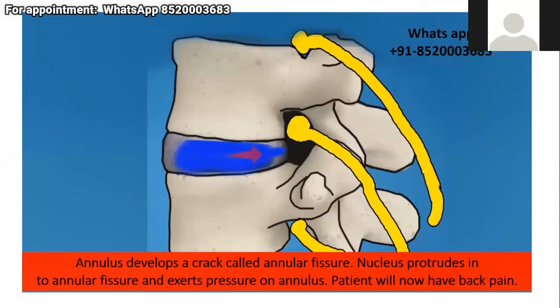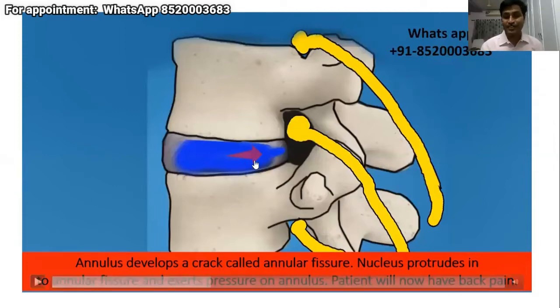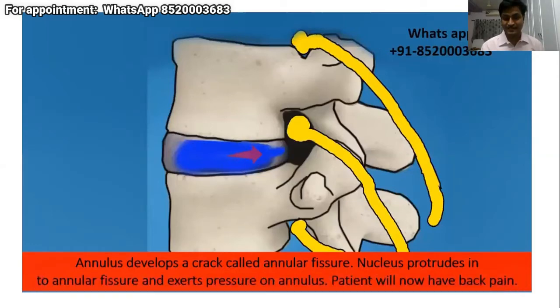Yes, sir. The pain will be more on sitting and on bending activities. So what is this stage called? This is the stage of annular fissure. Can you see this one? There is a tear in the annulus and the nucleus pulposus is trying to go back. Now Ashwini, can you tell why the pain is more in flexion or extension? More in flexion, sir. Is the pain more in sitting or standing position? Sitting. Can you explain why the pain is more in flexion and not in extension?